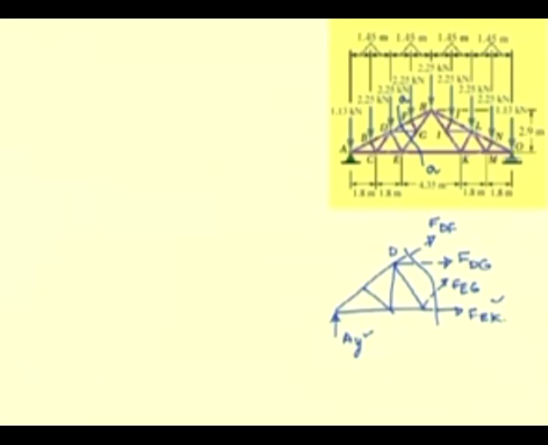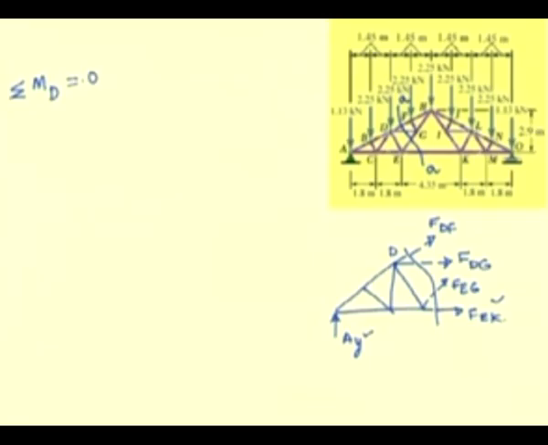We see that these two forces, that is the force in the member DG and the force in the member EG, are concurrent at G. So, it is convenient to take moment about G to determine the force in DF. In the same way, the force in DF and the force in DG are concurrent at D. So, a moment about this point can be used to determine this force in EG. So, let us start by considering first the moment about D